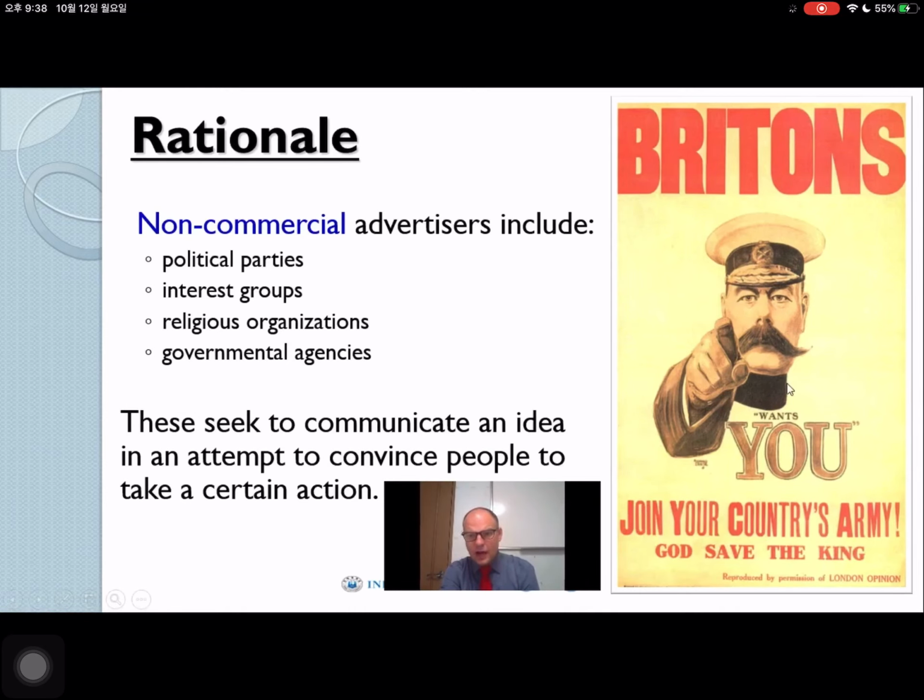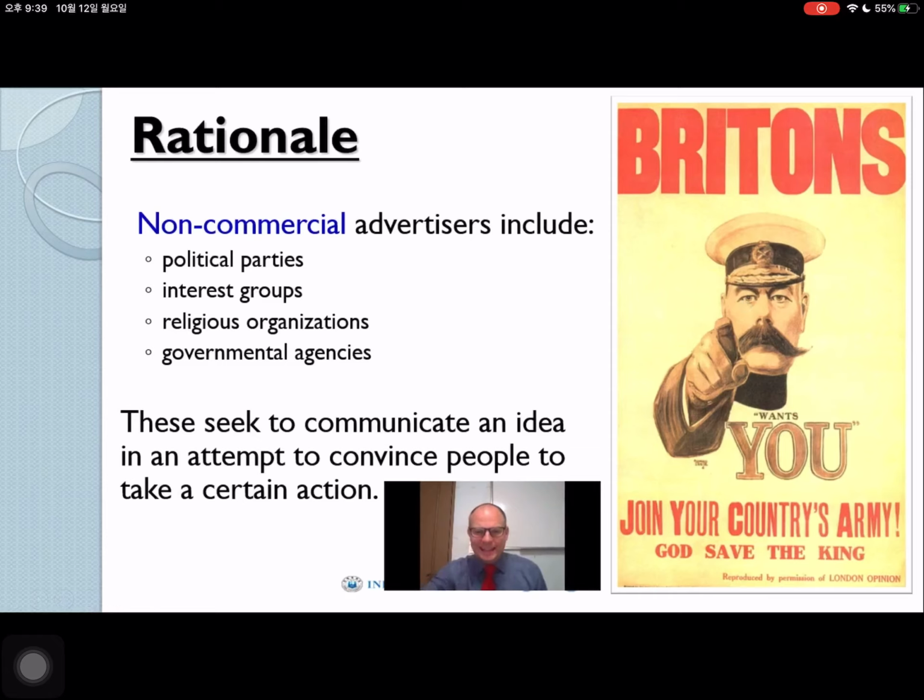There you go, your country needs you, come join the army, God save the king. This advertising was very, very influential, and lots of young men signed up for the army, came to fight for England and died. So very successful at getting people to actually join the army. So there you go, there's another example of advertising,